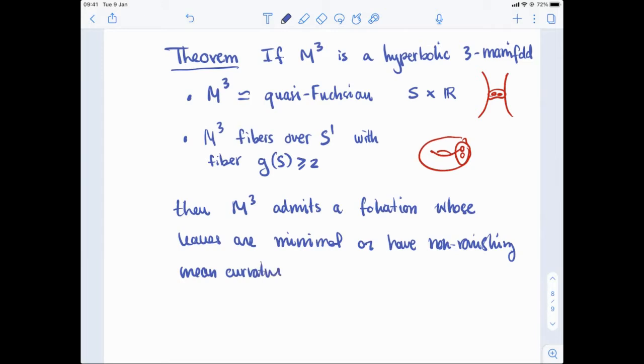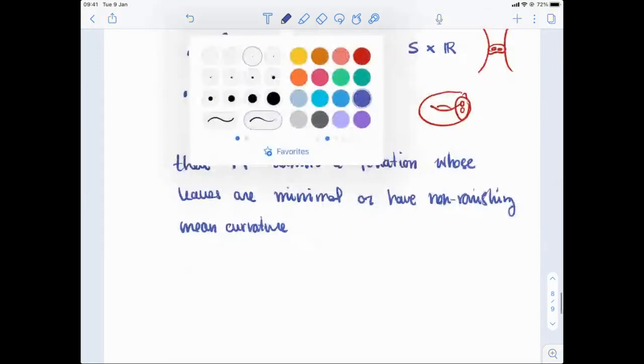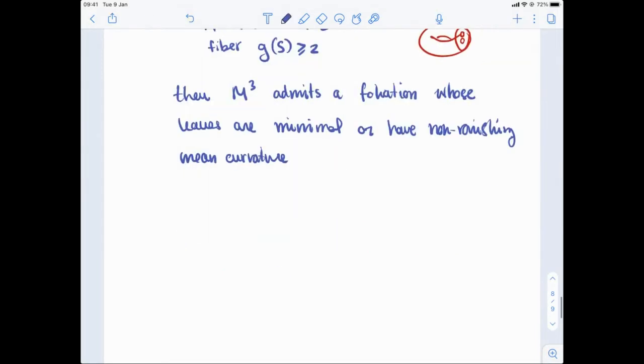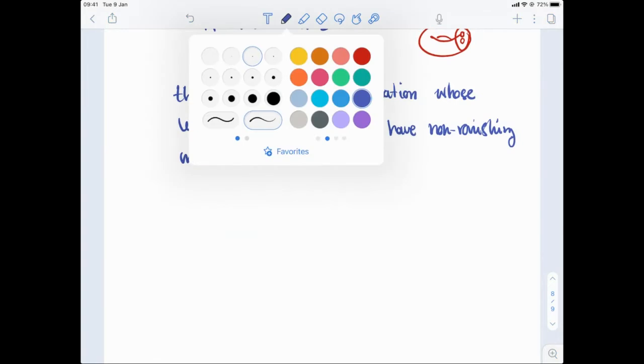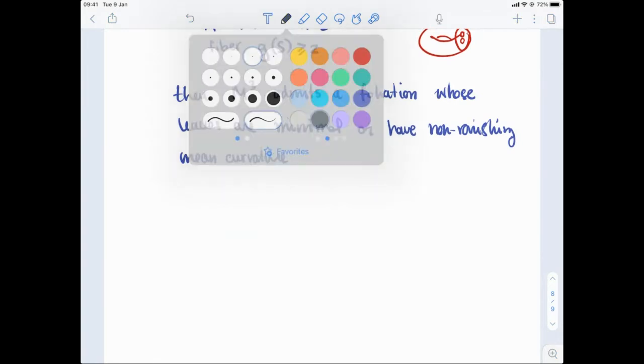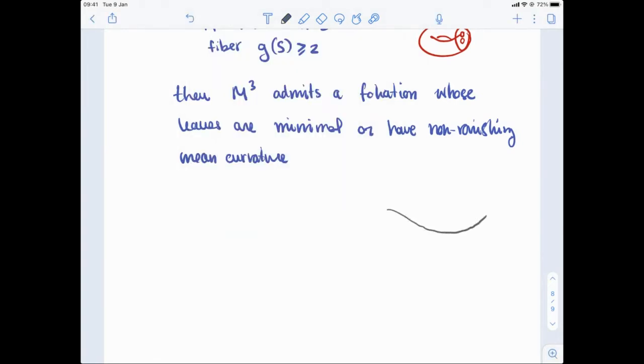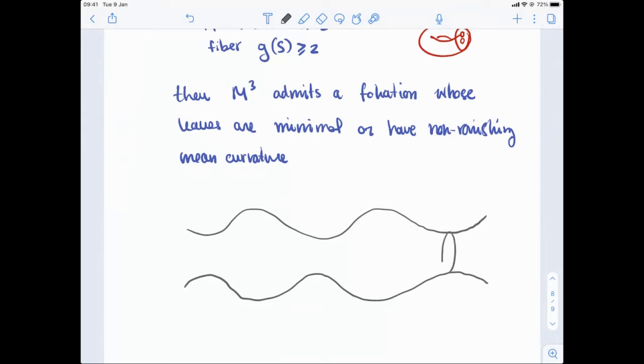So, the way to prove these, let me talk a little bit about the proof, just because I think I'm running out of time. When you have a cylinder, something like this, you can find some stable surfaces on your cylinder that are disjoint. You, for example, can find one